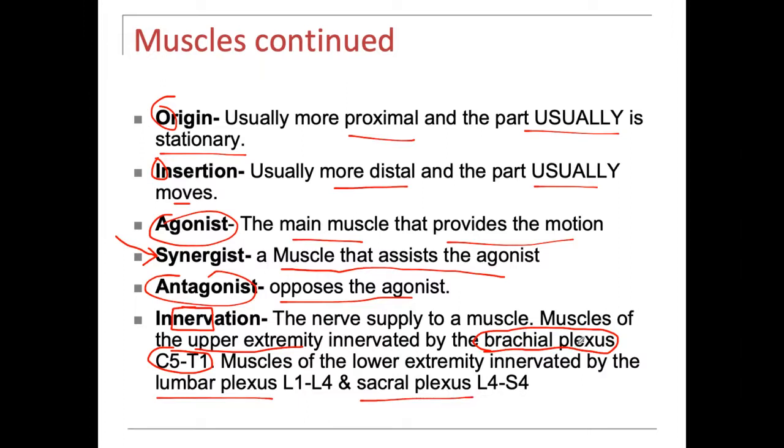Now, off of the brachial plexus, there are a bunch of nerves that you will learn about when you cover neurology in anatomy and physiology 2. You will learn that all of the extensors of the elbow are controlled by the radial nerve, and the majority of the flexors of the wrist and fingers are controlled by the median nerve. You will learn that the deltoid and teres minor are controlled by the axillary nerve. But all of those nerves come from the brachial plexus from these levels.